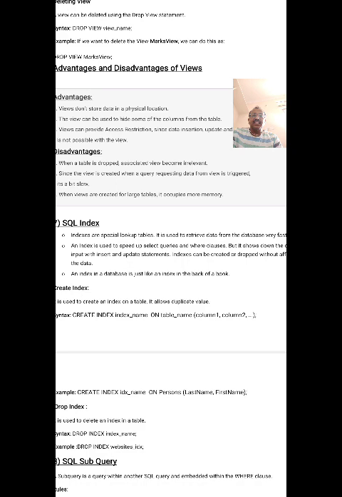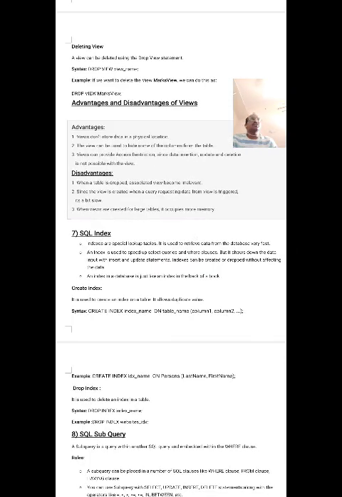An index in a database is just like the index at the back or front of a book, which I have told you before. Right. So that is the advantage. Finally, what I am telling is that if you have an index on a particular table, you can retrieve the information very fast. That is the only advantage of the index.